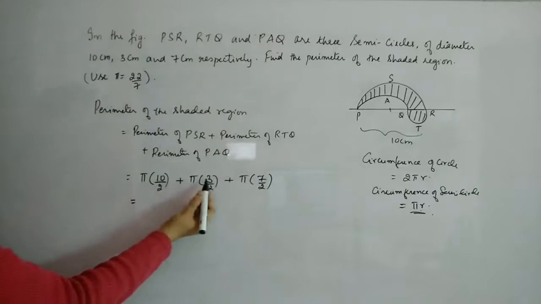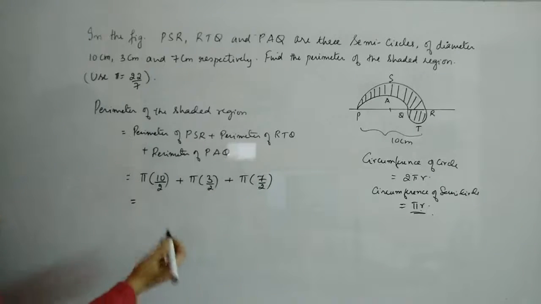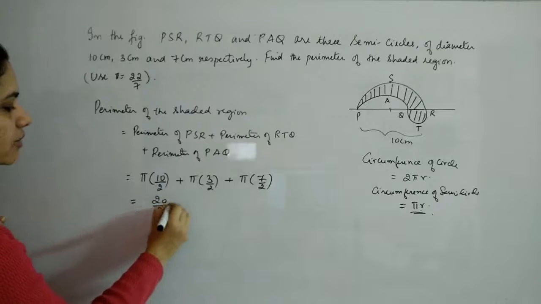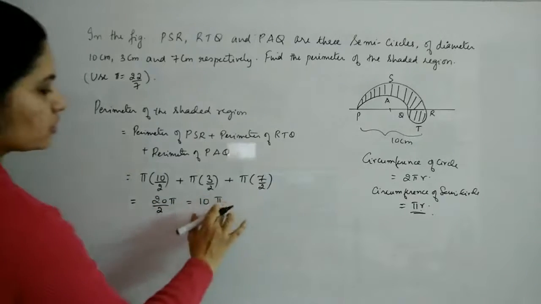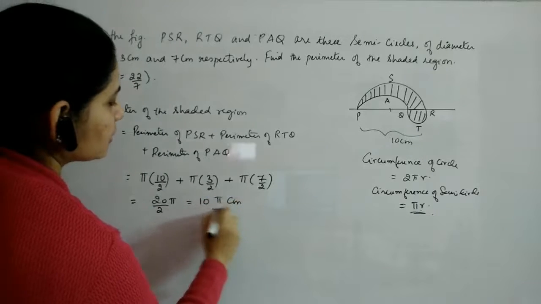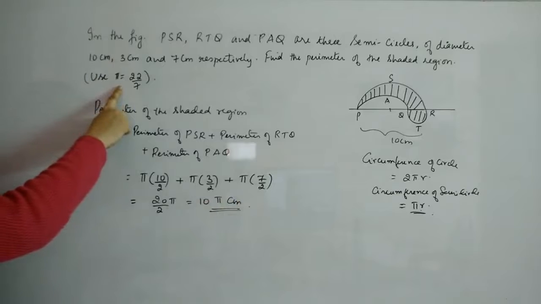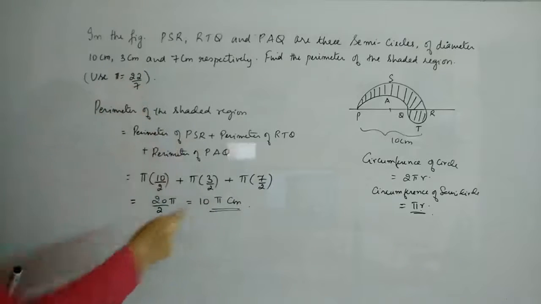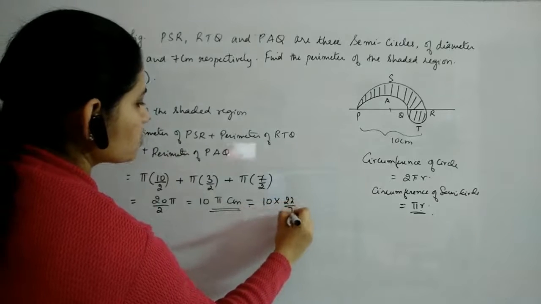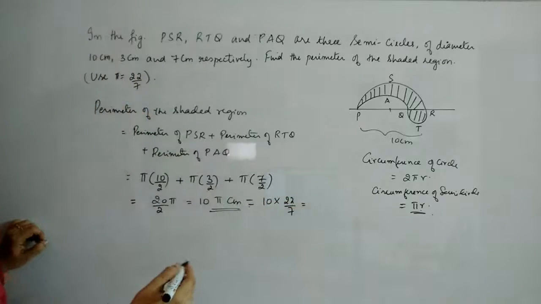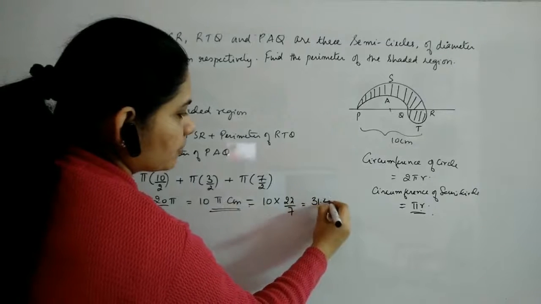How much will you get? Pi is common, and the denominator is the same, so you can just add the numerators. 10 plus 3 plus 7 gives you 20. So it is 20 by 2 pi, or 10 pi. This is the perimeter and your unit is centimeters: 10 pi centimeters. Now what they have given is, you have to use 22 by 7 for pi. So we will use 10 into 22 by 7. 22 by 7 gives approximately 3.14, and 3.14 into 10 gives you 31.4